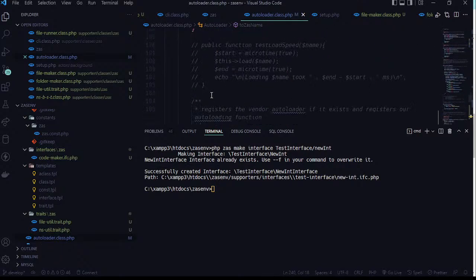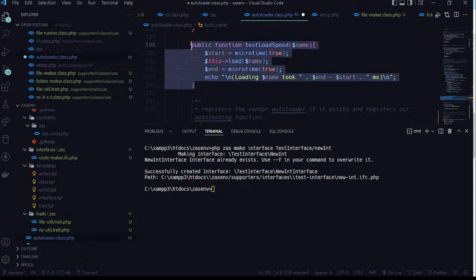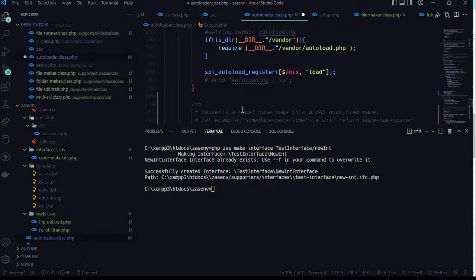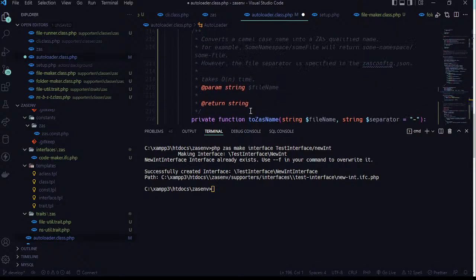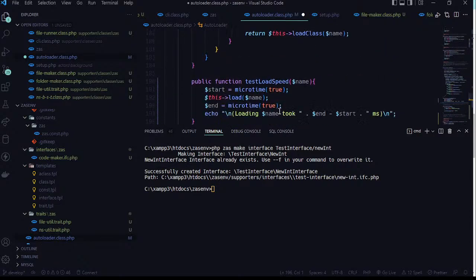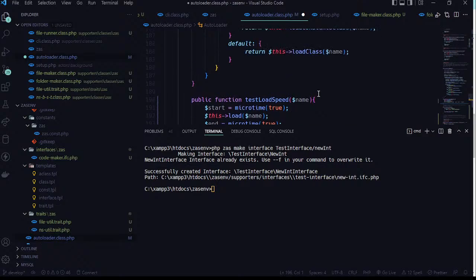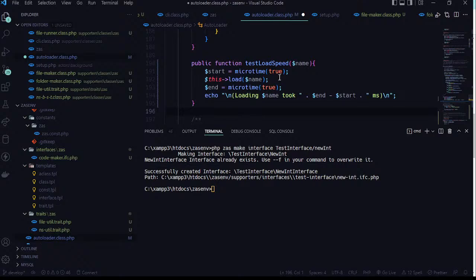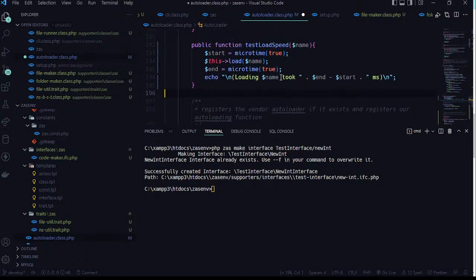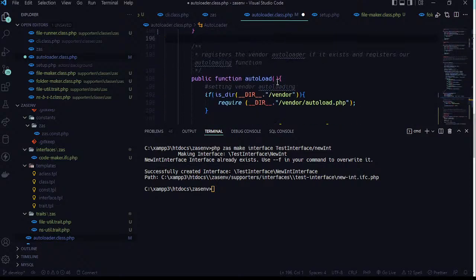If you have looked at this thing, you see that there is a test function somewhere. Let me remove the comment. And in our auto load function, let's test the load speed. So at the end of load,